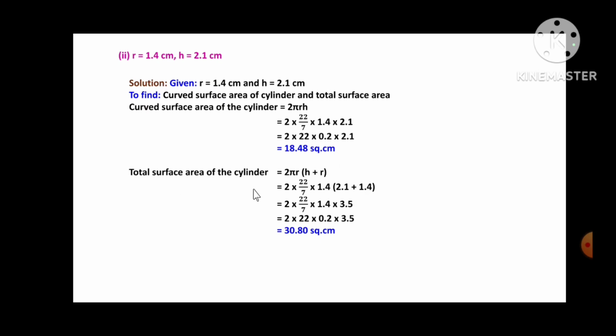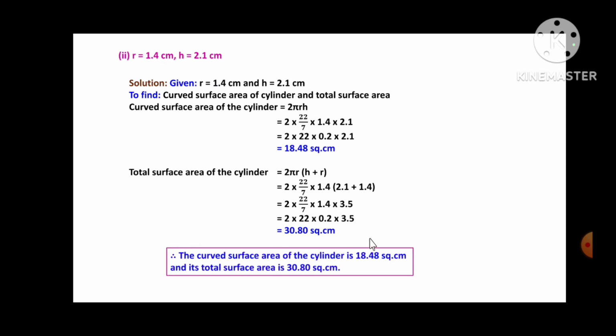Next, the total surface area of the cylinder is 2πr(h + r). Again, we'll substitute the values: 2 into 22 upon 7 into 1.4 into (2.1 + 1.4). After simplification, the addition of 2.1 and 1.4 leads to 3.5. So 7 and 1.4, a division we can do. The next step will be 2 into 22 into 0.2 into 3.5, and the product leads to 30.80 square